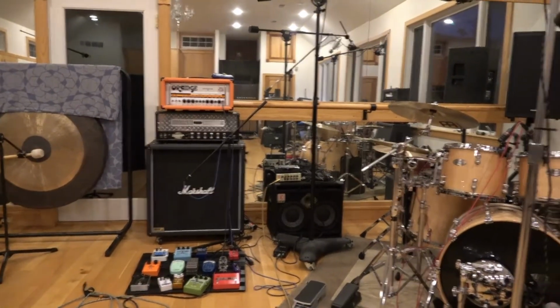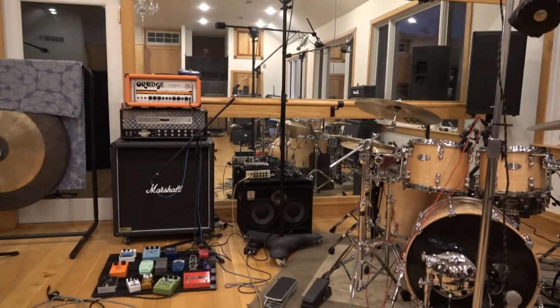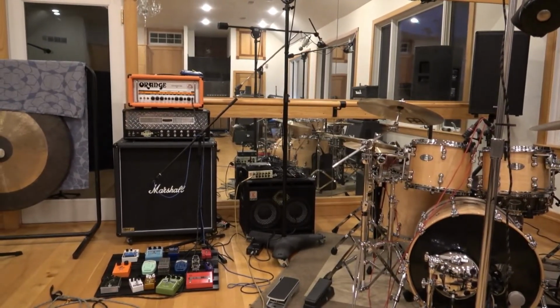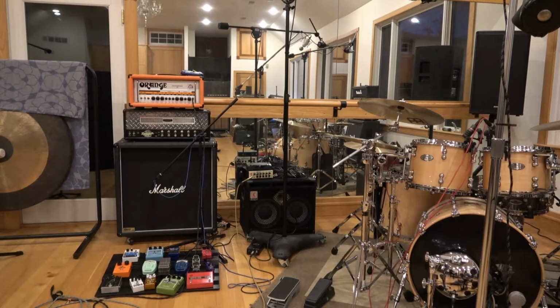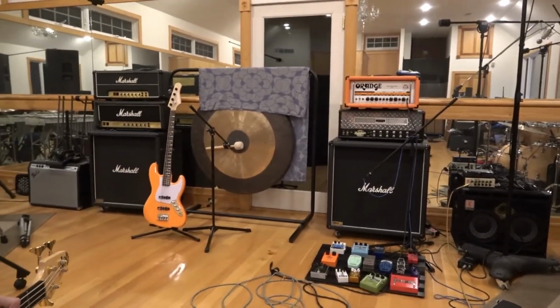It's this Eden right here, really beautiful amp, sitting next to that Marshall 1960 B cabinet, which is one of mine. I got it, I don't know, about 10 years ago, and I just didn't have room for it anymore in the house. So I kind of brought it here, and of course there's the gong and a bass that,